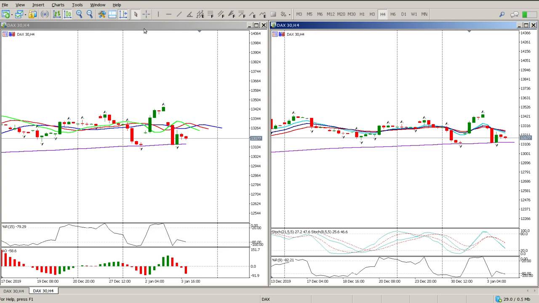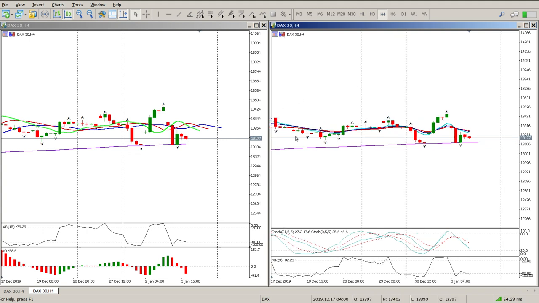So what we have here on the left is the Bill Williams strategy. You can see all the Bill Williams components to that, and how we have been arranging the last 2 weeks. So this is the 4 hour. On the right is also a 4 hour chart. Exactly the same. The only difference here is I have a